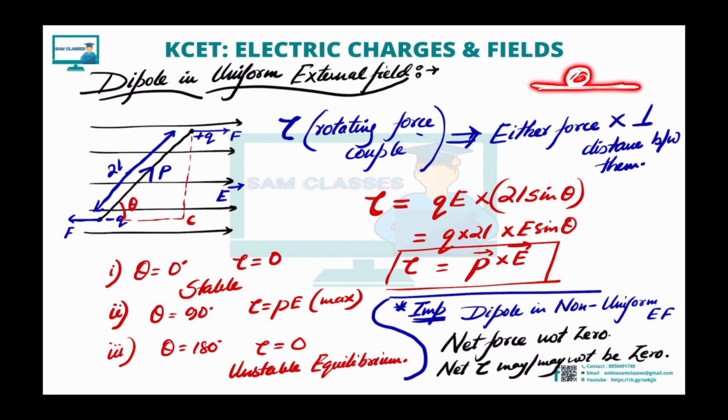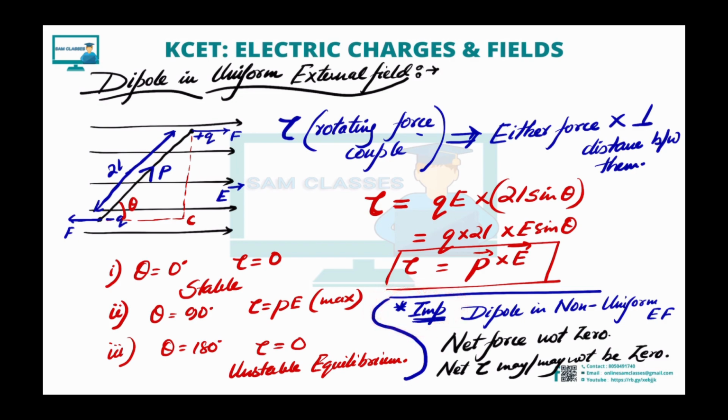Now next we have neutral equilibrium. So this is a straight table, and you have kept a ball here. The moment you displace it like this, after covering some distance, it will stop. So it will attain a new equilibrium. So that is known as neutral. Now what is unstable? Let's say we have a bowl like this and you have kept something like this. The moment you give an external force, it will start going down and it won't be able to come back to its equilibrium. So that is known as unstable.